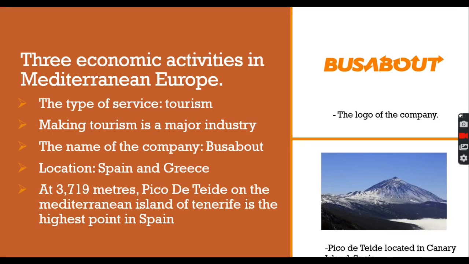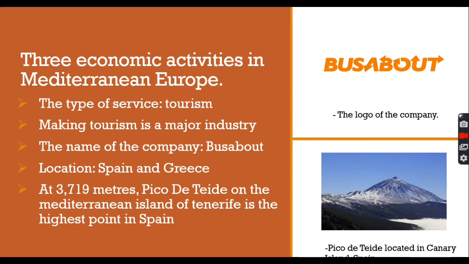Okay, the second economic activity in Mediterranean Europe is tourism. The Mediterranean's warm climate, sunny beaches, and historic centers attract the tourists. So, the Mediterranean countries make tourism a major industry. A company that does tourism is Busabout. This company can bring tourists to visit Spain and Greece. In addition,